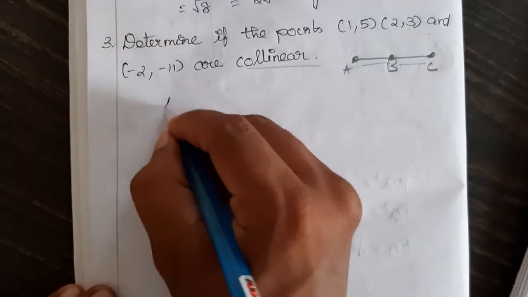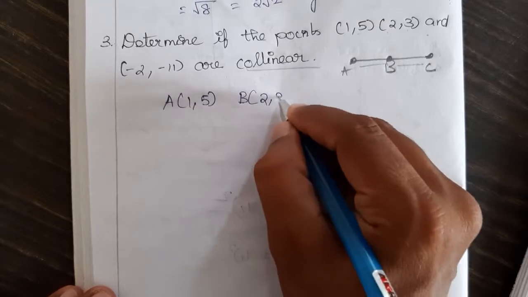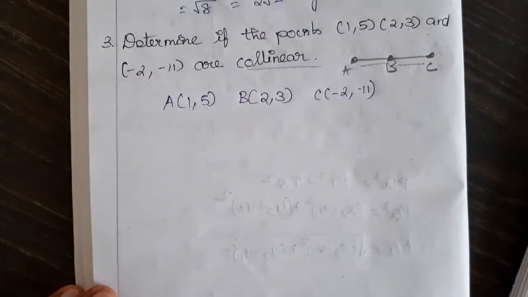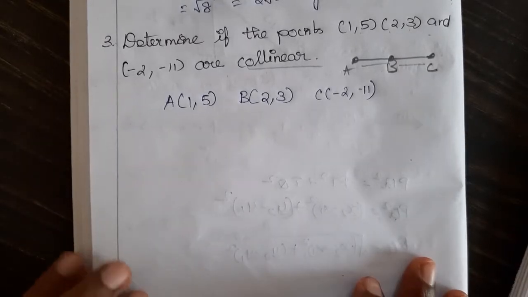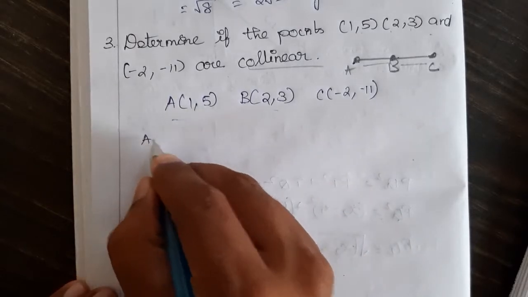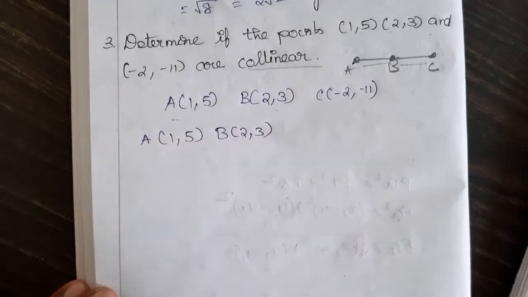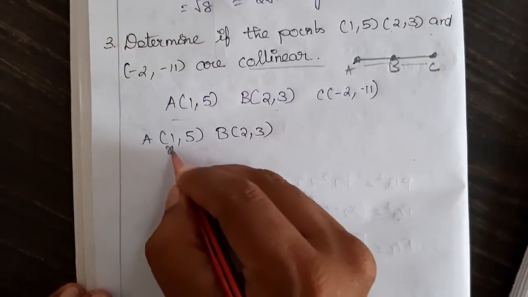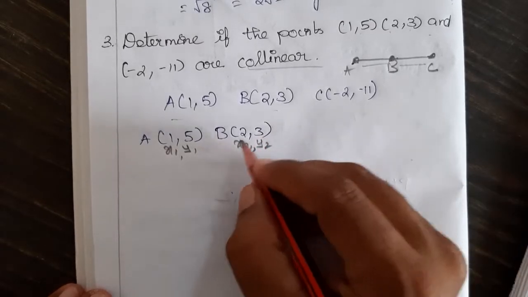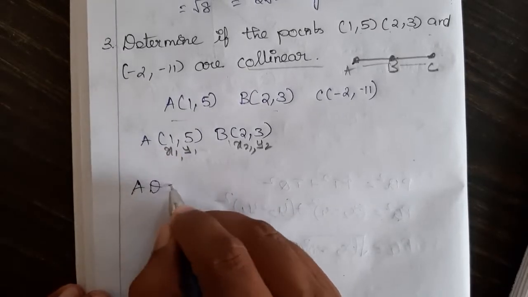So let me consider the point A as 1, 5. I am just giving names for the coordinates. You can give any variable, any capital letters, right? So first I will find the distance between A and B, A (1, 5) and B (2, 3). Here this one will be x1 y1 and here x2 y2, right? So with the distance formula, the distance AB is equal to